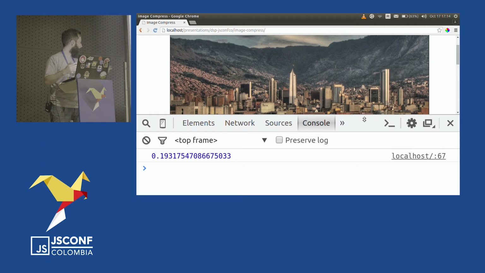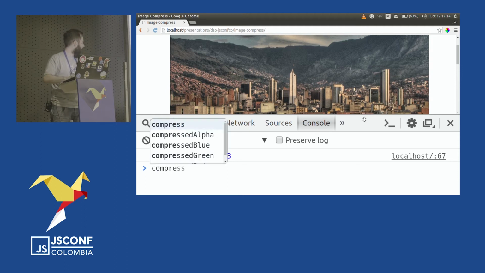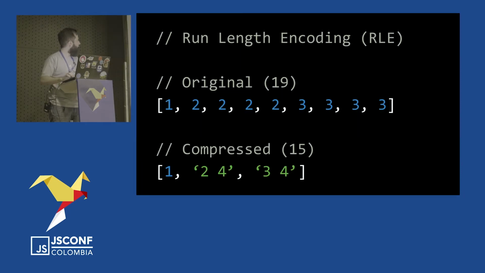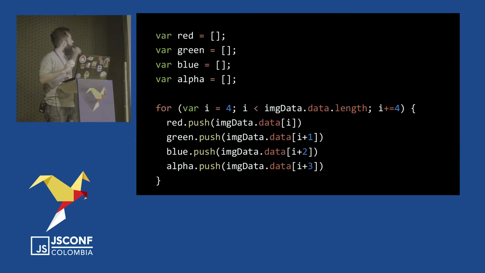This is explained because when you look at the alpha parts of the image, all the values are the same alpha. So I can store these in an array with one item, and this is easy to compress. Here is what I'm doing: I have red, green, blue, and alpha, and I'm iterating, separating all the vectors and compressing later.